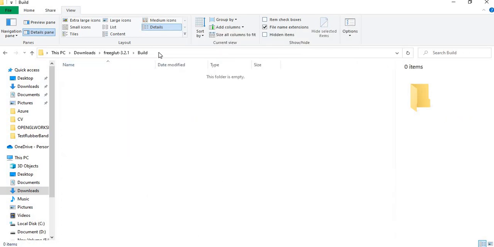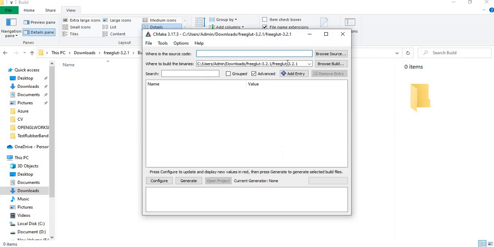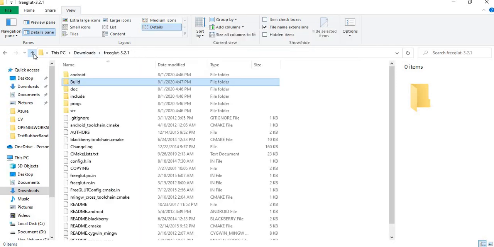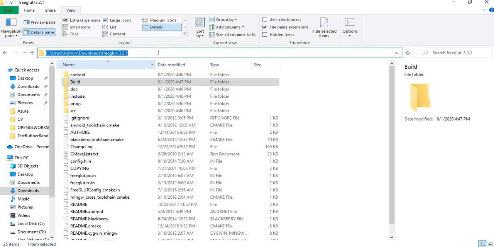You need to copy this build path and give it here, where to build the binaries, and the source code of the unzipped folder.